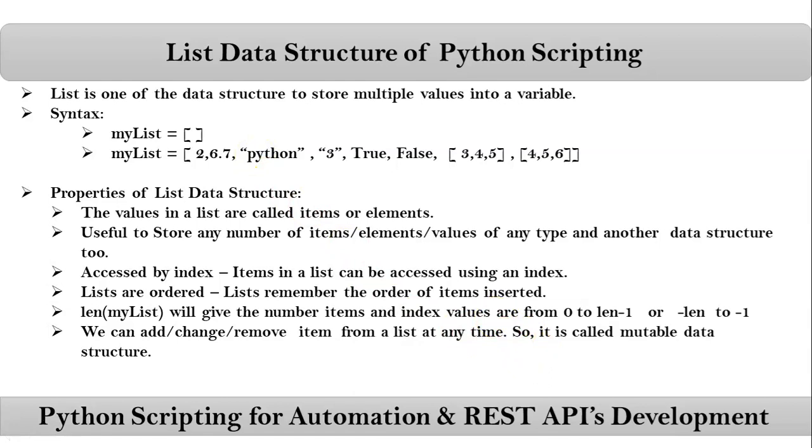Be clear, in your strings, once you define a string, you cannot modify a part of your string. You cannot insert a new string or a new character into your existing string. That's why strings are called immutable. But in a list, yes, we can modify the existing list without changing that variable. Some values of your list can be changed. That's why lists are called a mutable data structure.